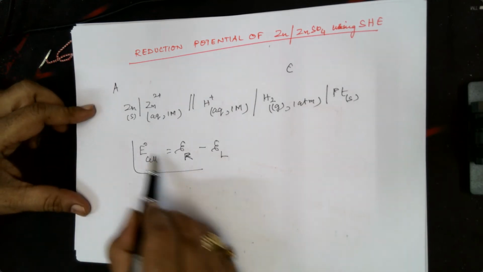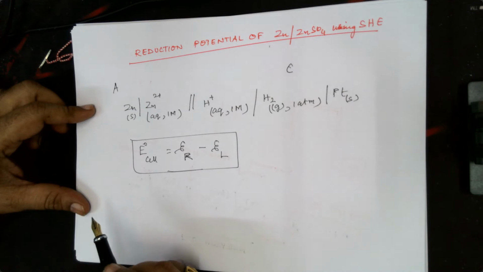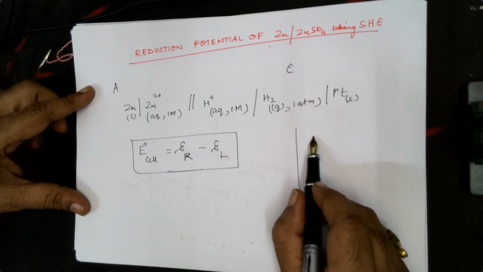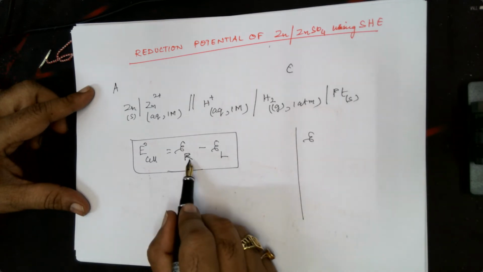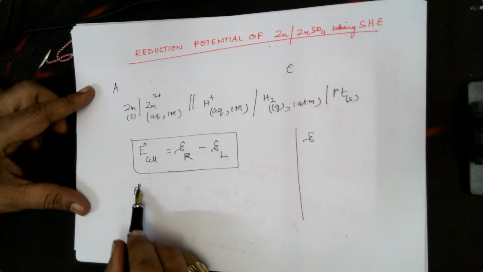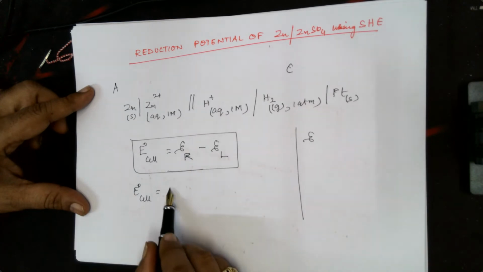This is the basic equation. Okay. We know the value of E. What is kept at right side? SHE. Is it not? So we can put E0 cell is equal to E